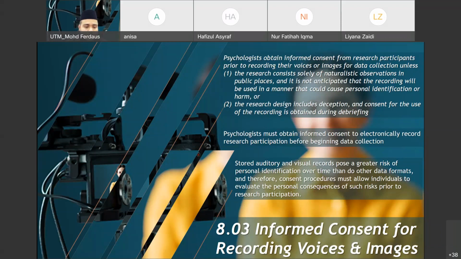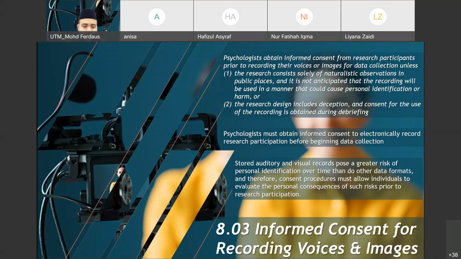I informed them that the data will be kept for 5 years, and after 5 years I'm going to delete the information. I also have to inform them where I'm going to store the data, not the physical place, but how: in a CD or thumb drive or hard disk with a protected password. Only me and my supervisors know the password and the data. After 5 years, you have to delete it.